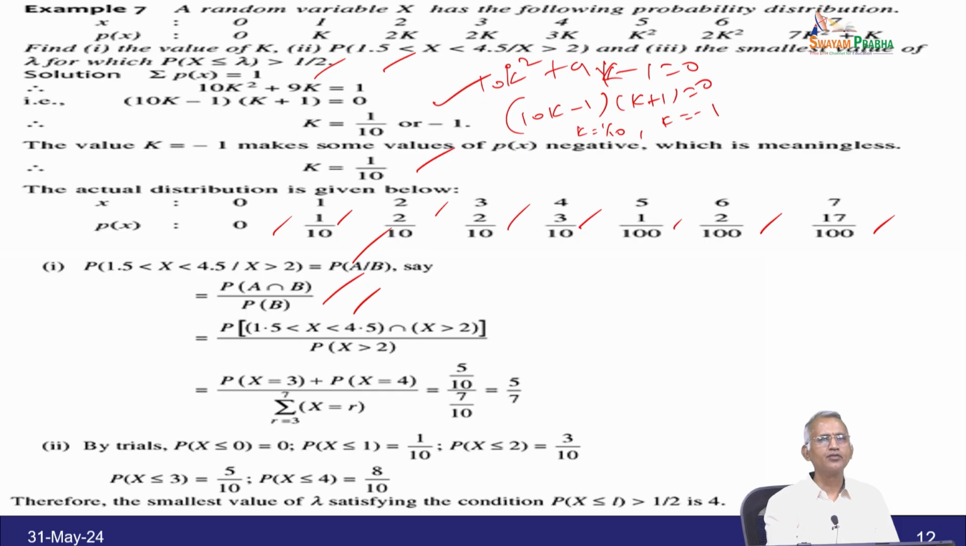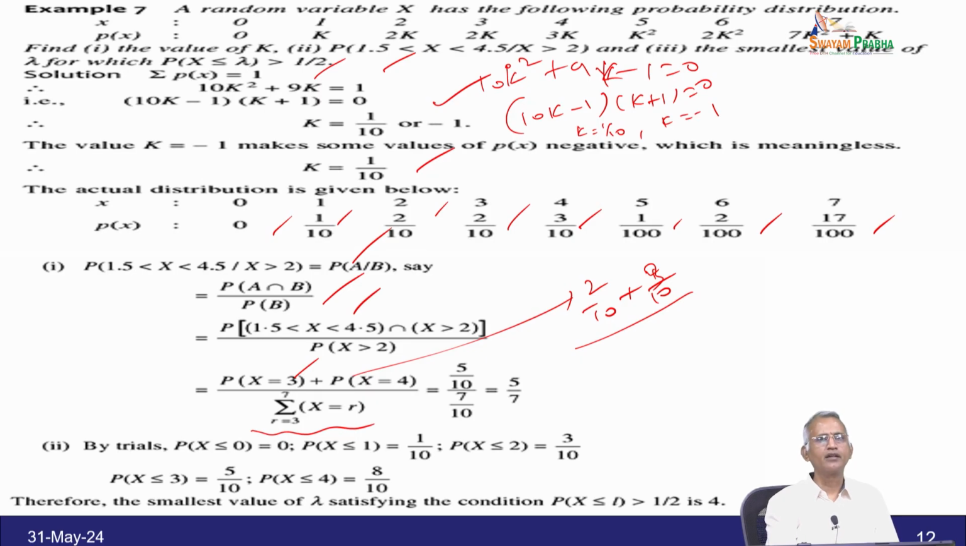The value P of 1.5 to 4.5 is nothing but x equal to 3 and x equal to 4, and the probability of x greater than 2 is nothing but the sum from 3 to 7 of the probability of x equal to r. Now, you have to substitute from the table: corresponding to 3 we have 2 by 10, and for 4 we have 3 by 10, and then the probability is the summation r equal